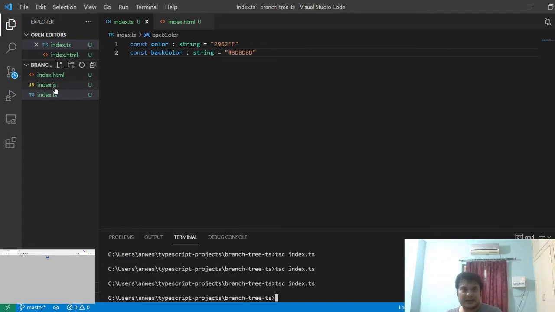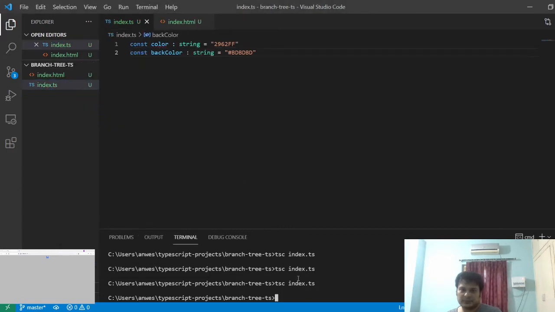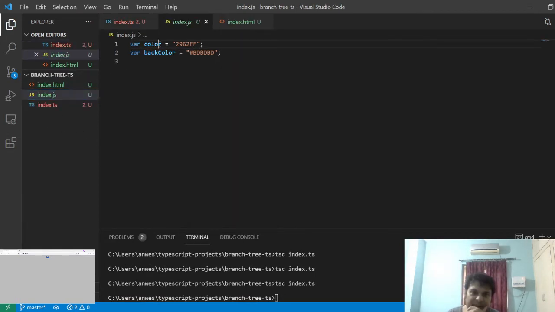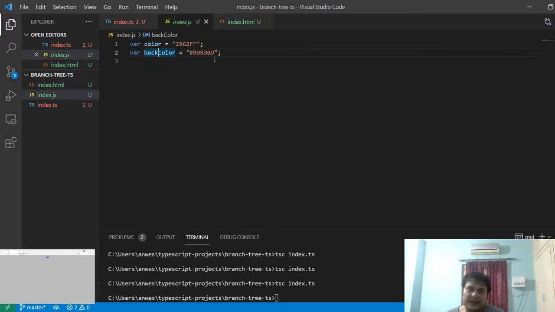As you can see, the index.js file will be created here. So let's delete this file and create it again. As you can see, an index.js file is created having color and back color. This file is included in the script tag in index.html, and after that we can access the color and back color which we have declared here.